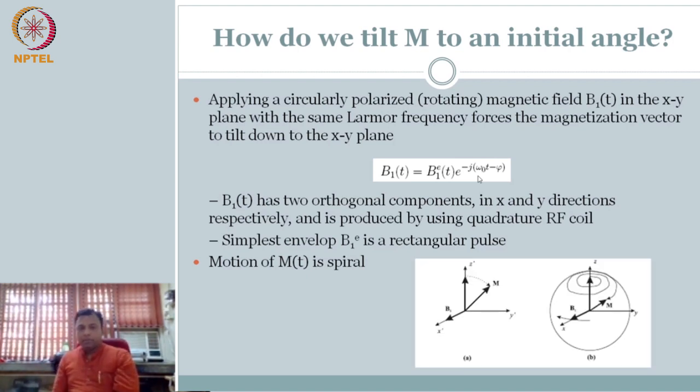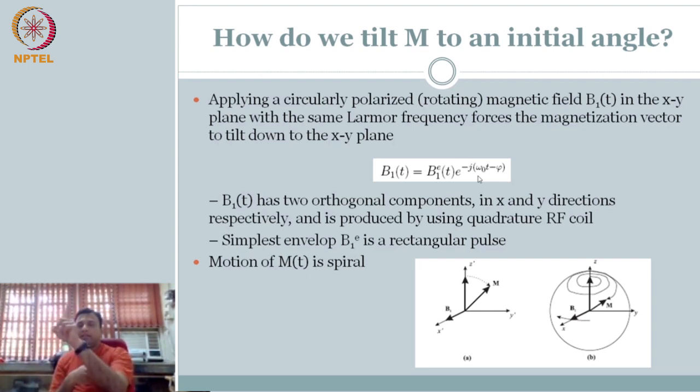So here is an example to understand. On the left, in A, what you see is the representation in the rotating frame of reference. So you see the axes are X dash, Y dash, Z dash. As a thought experiment, just to make yourself comfortable, what did we say? Initially, when we applied a static magnetic field in the Z direction, the precession was around the Z direction. That is, your magnetization vector started to precess around the Z direction. Now, if you look at Z dash, you have M. If I apply my B1 in X dash, what should happen?